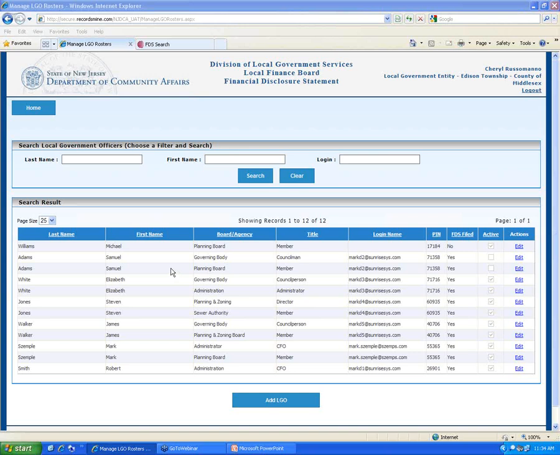So there are some positions that are very clearly going to apply in every town. Elected officials, for instance, that's the lowest hanging fruit. Anybody that's elected should be filing these things. It's that simple. Your planning board, your zoning board, your environmental commission, etc. Low hanging fruit. I think the most difficulty all of us have in trying to determine who files is when you get into the managerial executive and the confidential employee section.